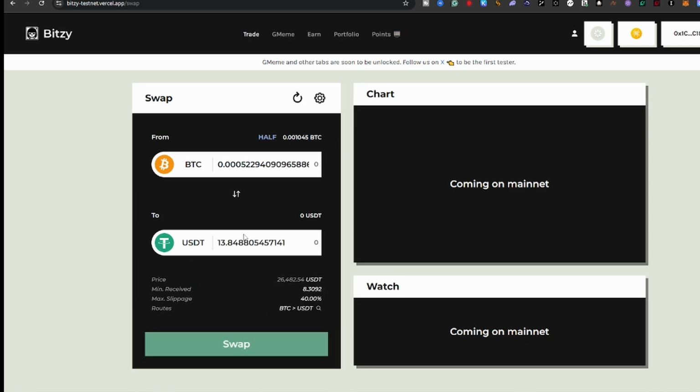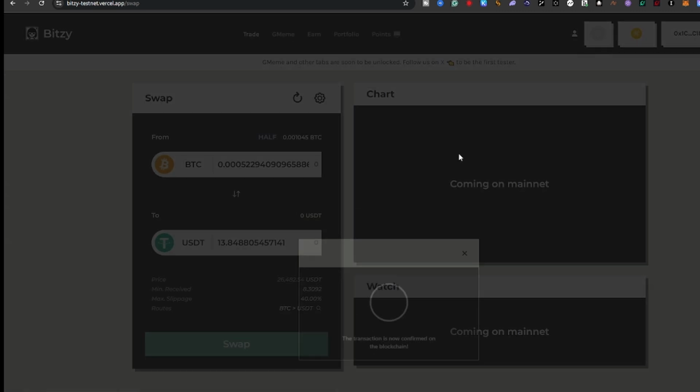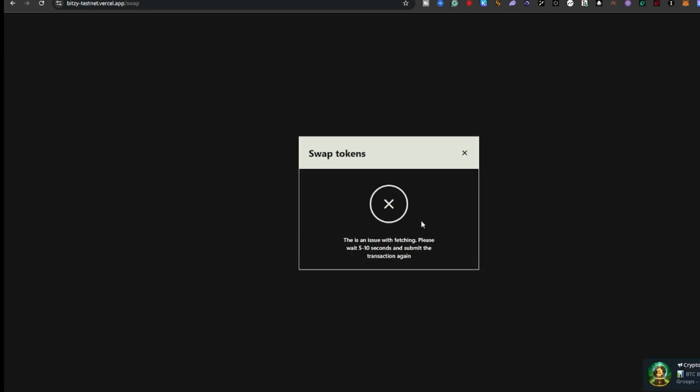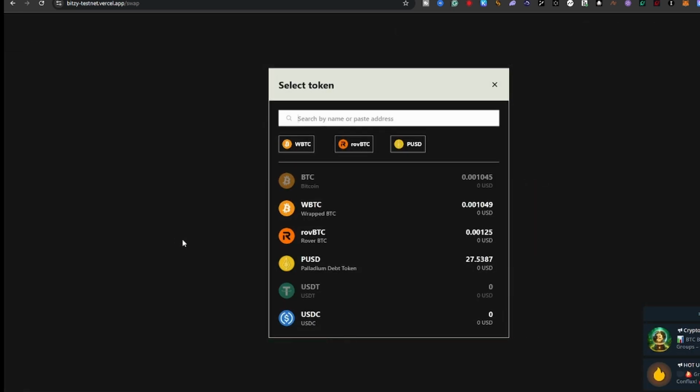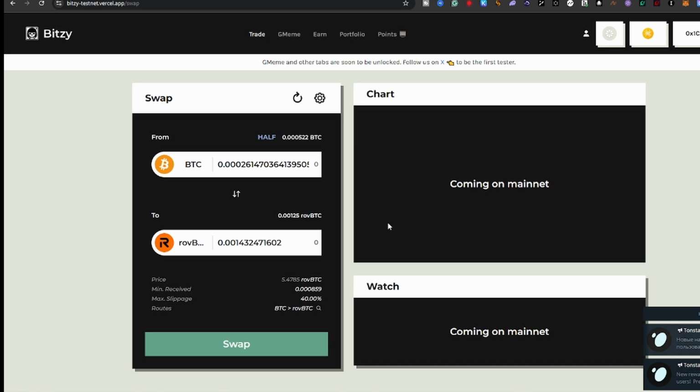Sometimes it will show 0 or error, just refresh. So this is successful and we need to click the swap button. If this error shows, just try another coin, for example the USDC. So if your transaction is successful, we go to the other dApp.